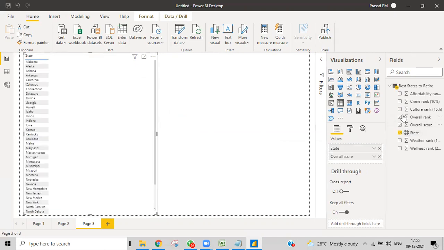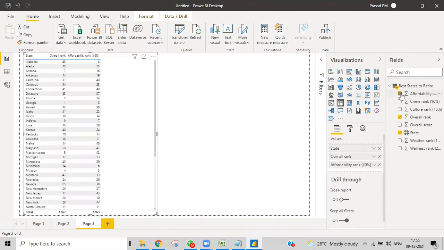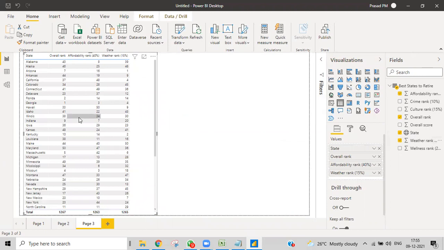Speed, overall score. I don't need score ranking, and affordability ranking, and wireless ranking. So I do have states over here. I do have overall ranking over here, and this kind of affordability rank over here. Okay, and then weather rank over here.